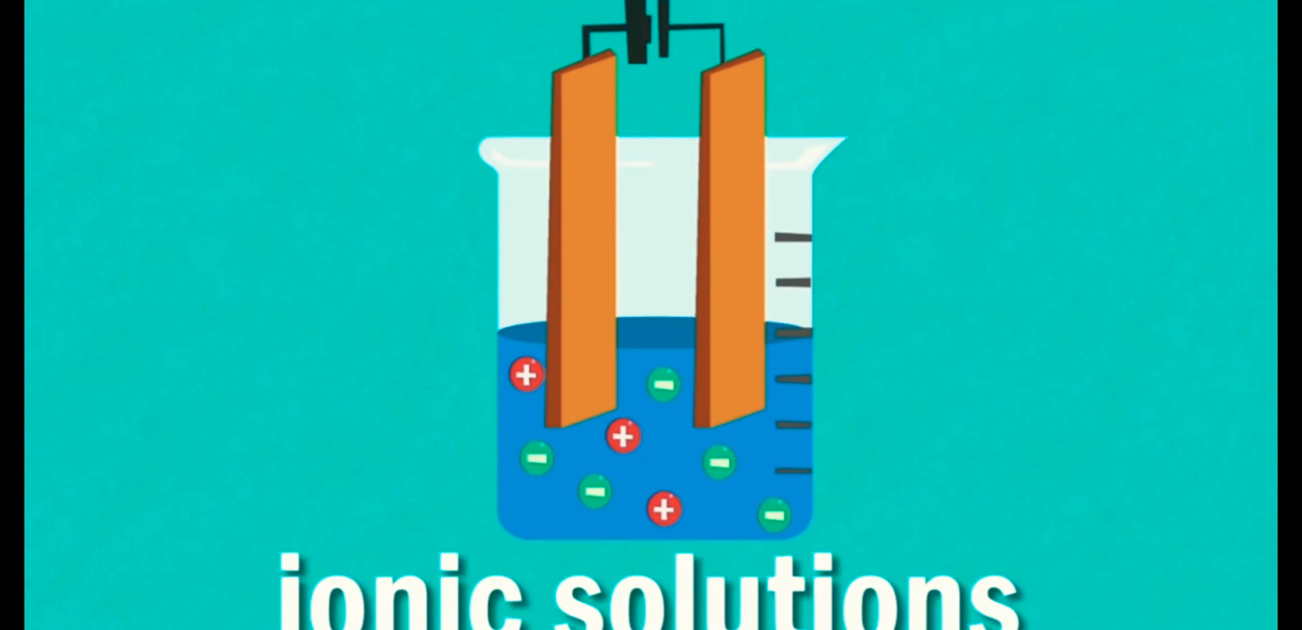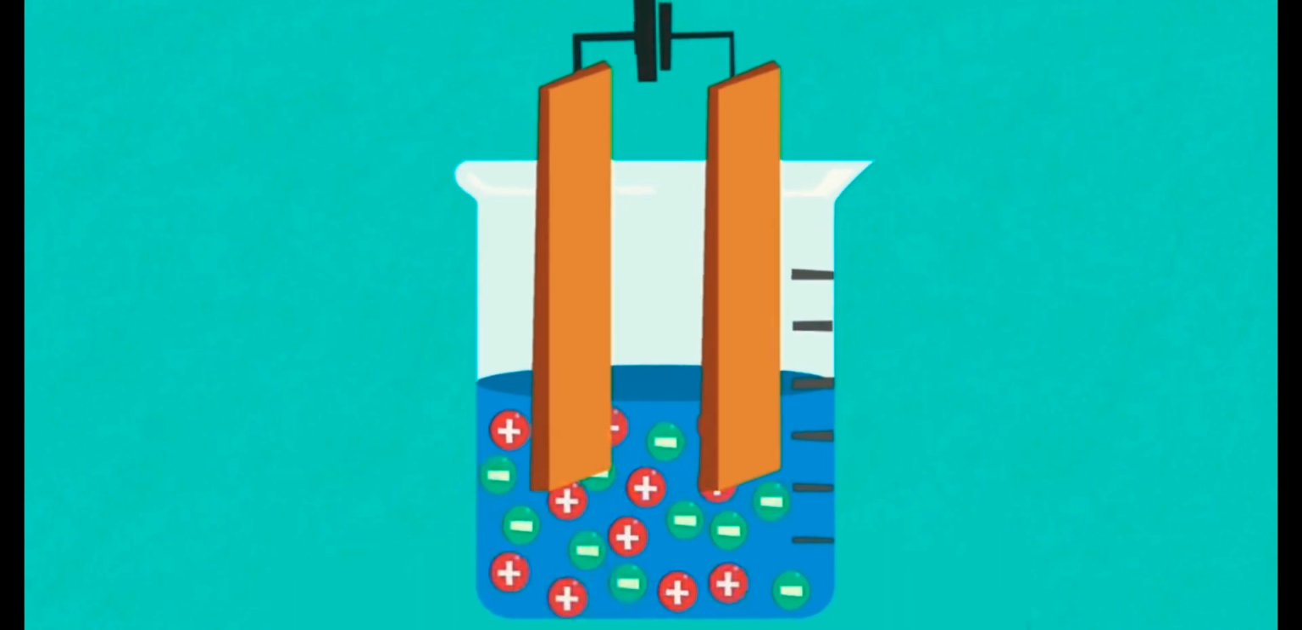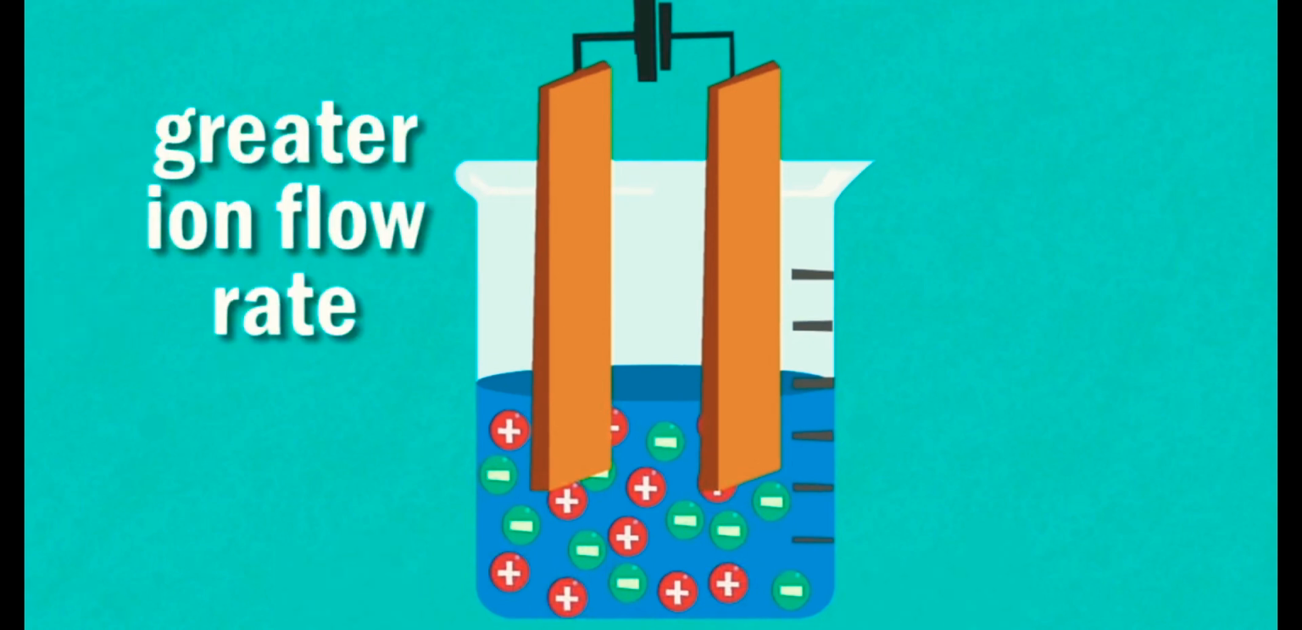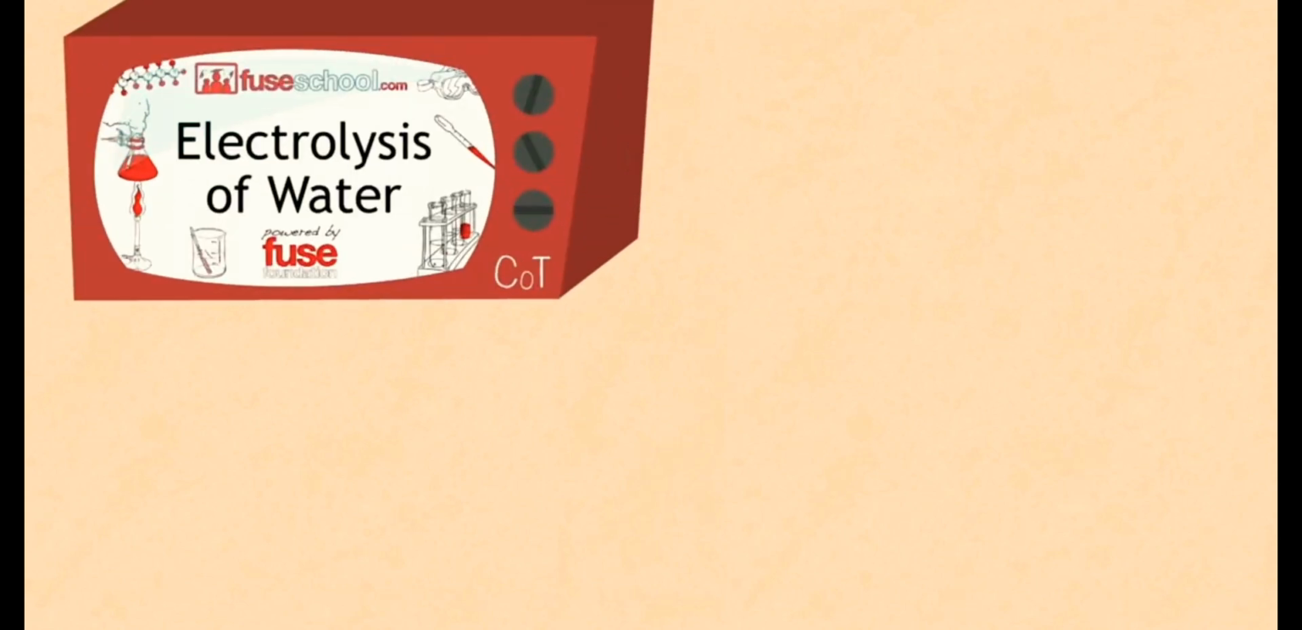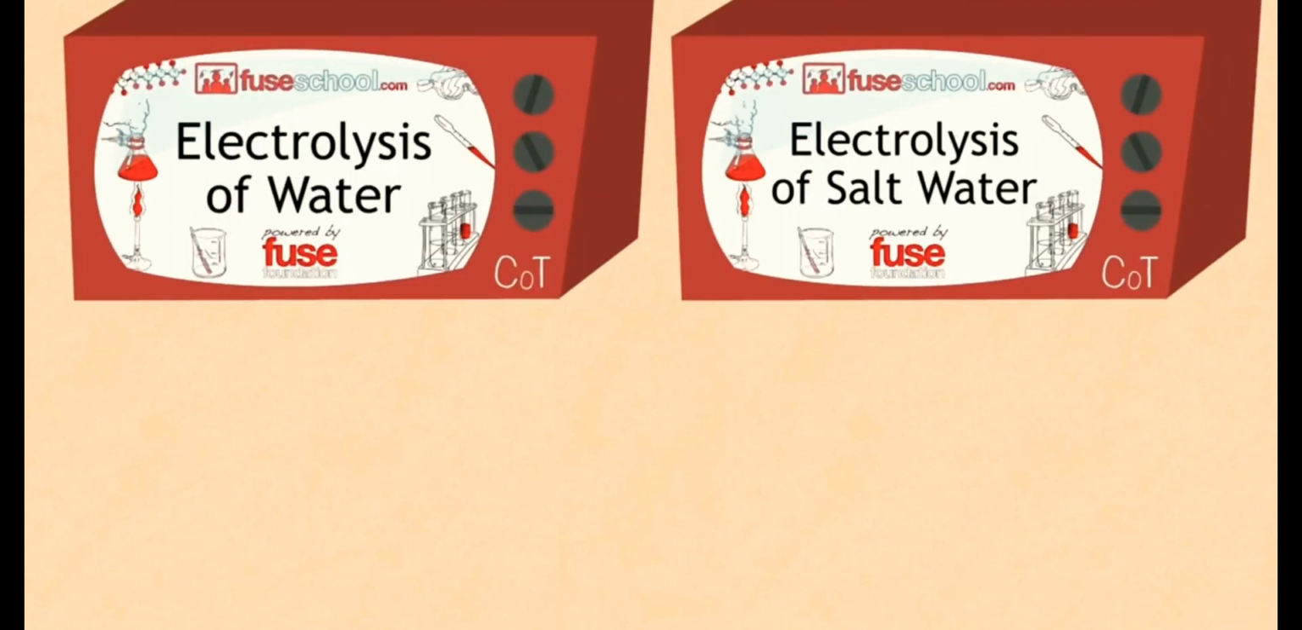Remember that electrolysis can also take place in ionic solutions as well as molten compounds. The more concentrated that solution, the greater the ion flow rate. Ion flow rate can also be increased by increasing the potential difference or voltage across the cell. We'll be studying several examples of electrolysis in more detail in other lessons. For the time being,